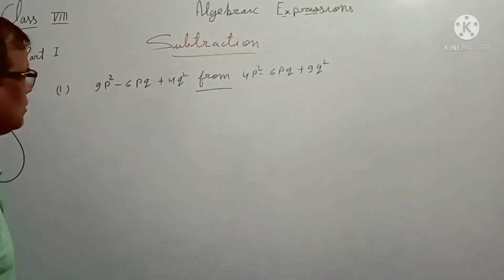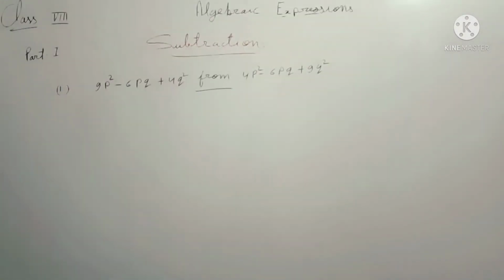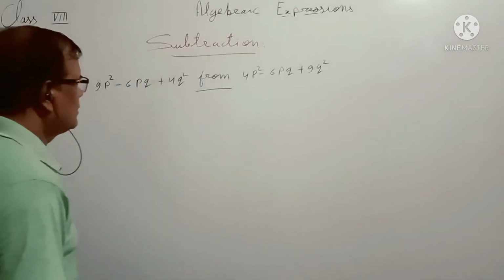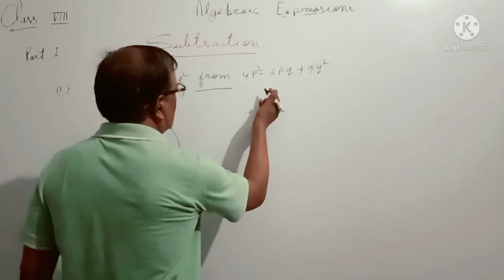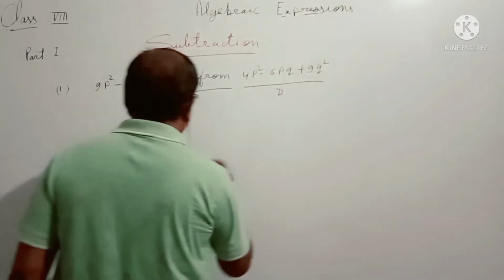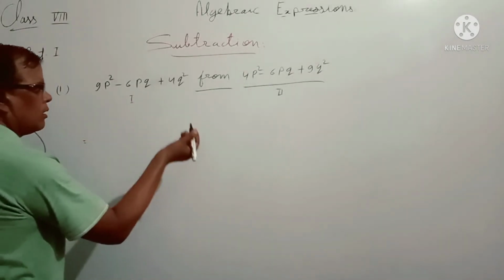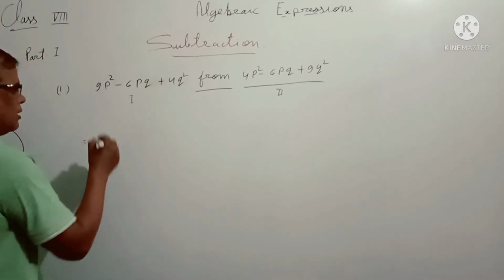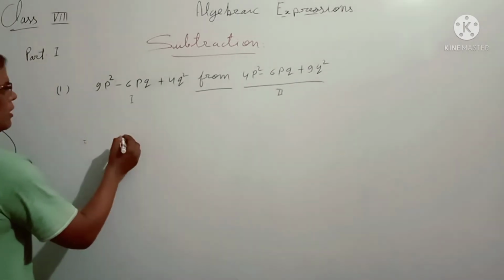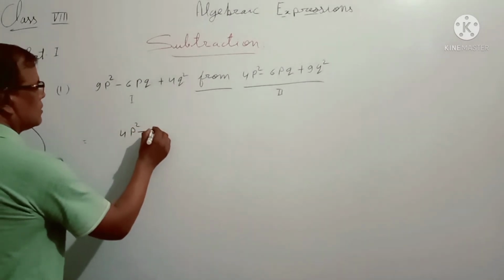Mostly mistakes happen here: children subtract the second from the first, but we learn very carefully here. And from means से, so we have to subtract the first from the second. It is second, it is first. Now we write the second expression first and then the first expression, as here is the second, 4p square minus